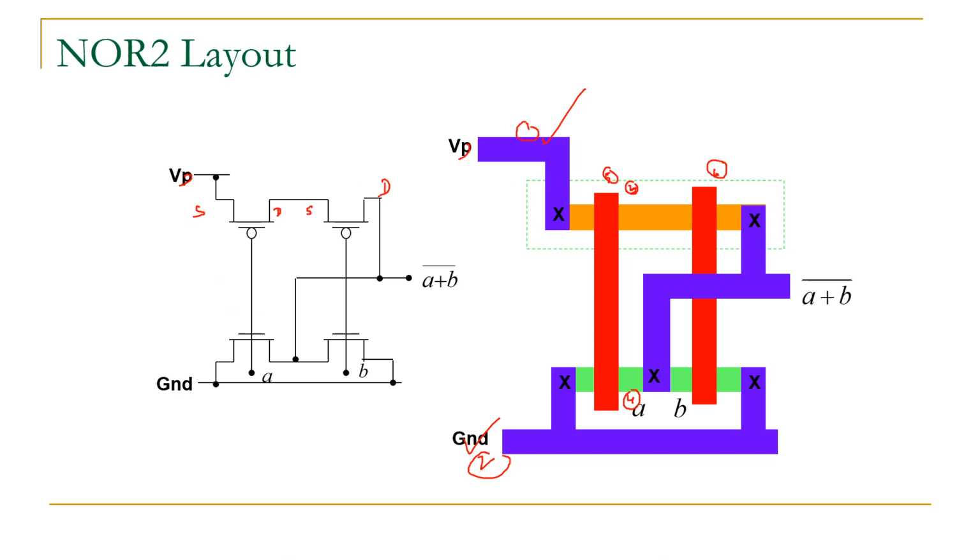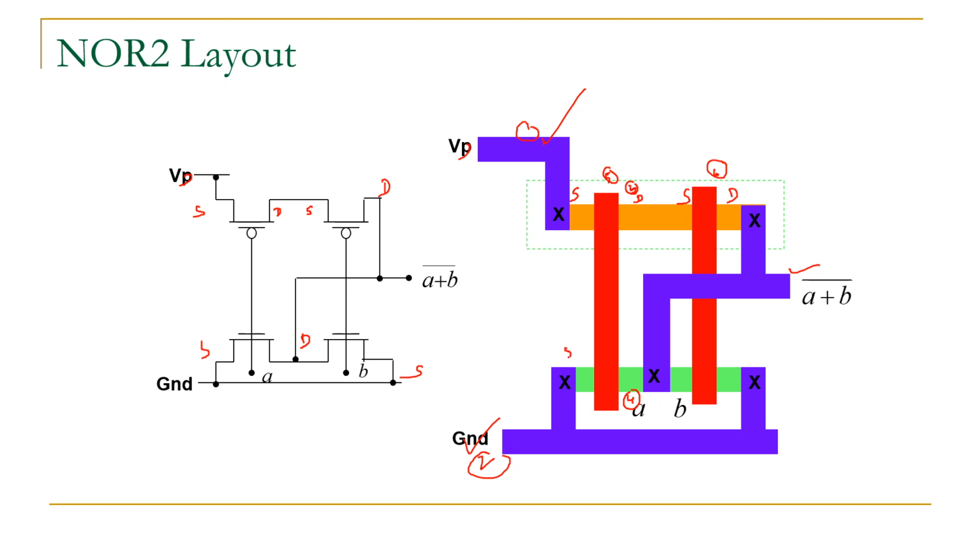See, this is the source side of your P MOSFET and this is the drain side of your P MOSFET. First P MOSFET, A gate. And this is the source side of your second P MOSFET and this is the drain side of your P MOSFET where you are connecting it to output. Okay, using metal you are connecting it. Then on your N MOSFET, this is your source side and this is your source side, and the drains are interlinked for both of your N MOSFETs and connected to your output.